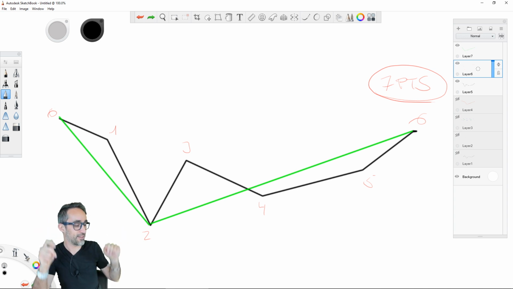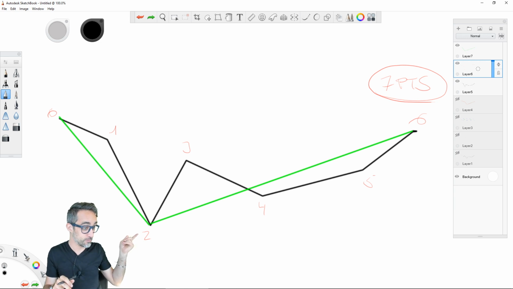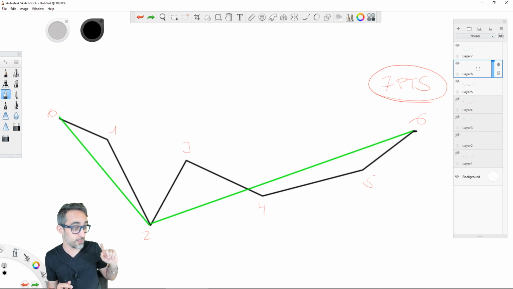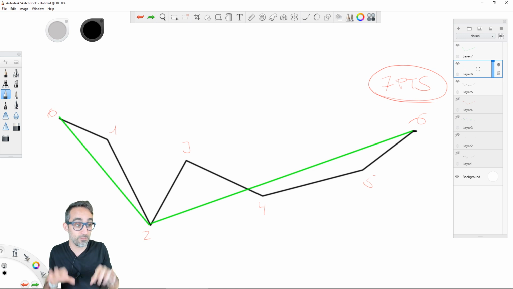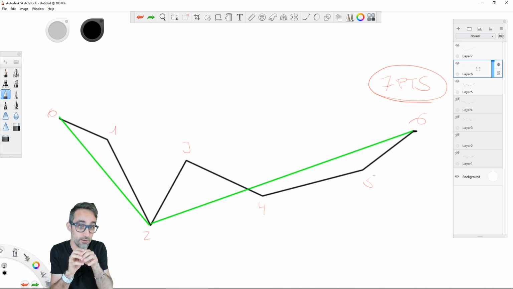So what we need to do now is divide the polyline in 2 parts, splitting it by this one here, and then perform simplification on the polyline between 0, 1, 2, and then perform simplification also on the polyline 2, 3, 4, 5, 6. Then apply the same logic to those 2 separate polylines. Once those have been simplified, we will mix them together into the simplified polyline.